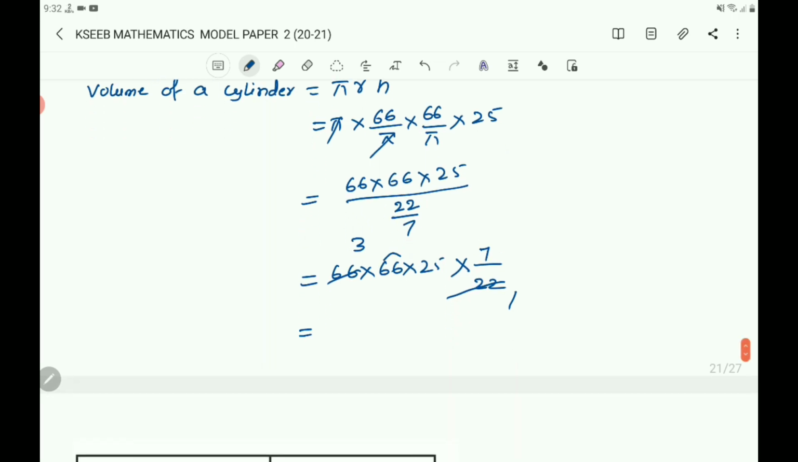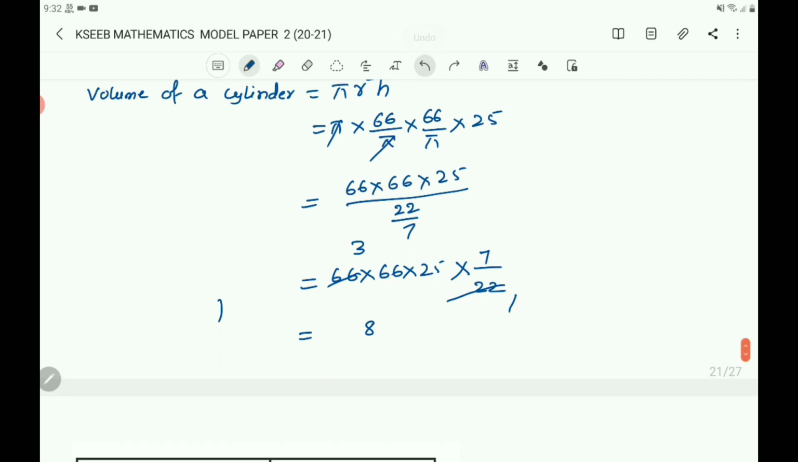So find the product of first this 66 and 3, that becomes 6 threes are 18, 1 carry. Again 6 threes are 18 plus 1, 19. 198 into 25 into 7, 7 5s are 35, 7 2s are 14 plus 3, 17. That is 175. Again you find the product of this 198 into 175, that is,